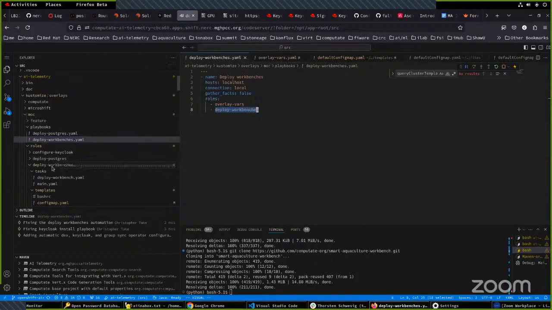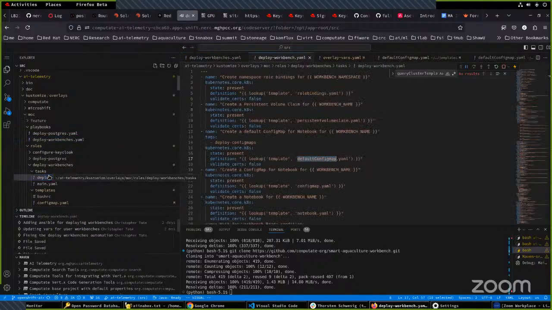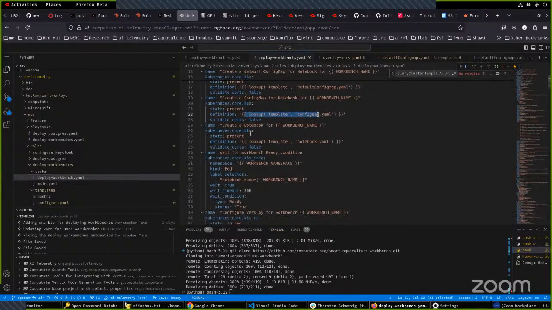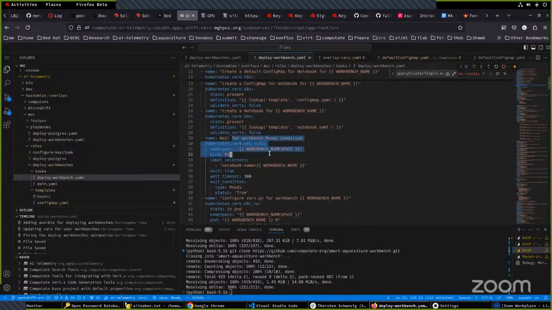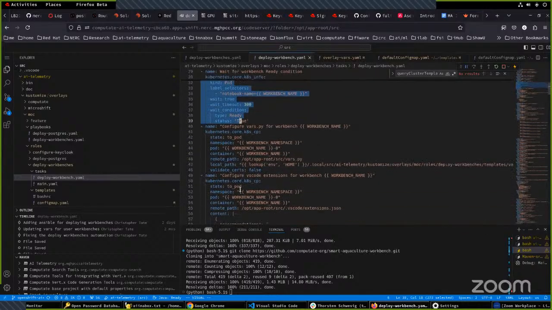Deploy workbenches, deploy workbench here. Okay, so create a role binding, create a persistent volume claim, create the config map, create the default config map, create the other config map, create a notebook, wait for the workbench to be ready, configure